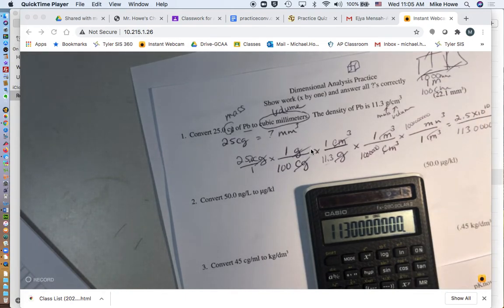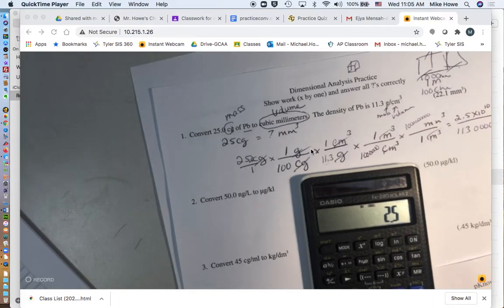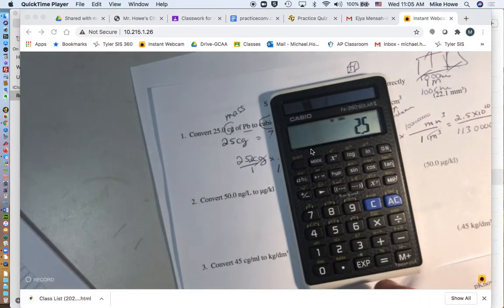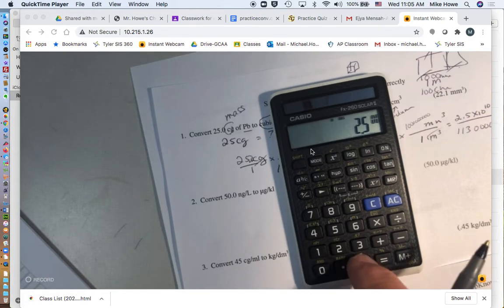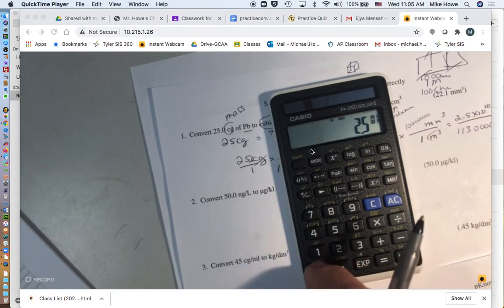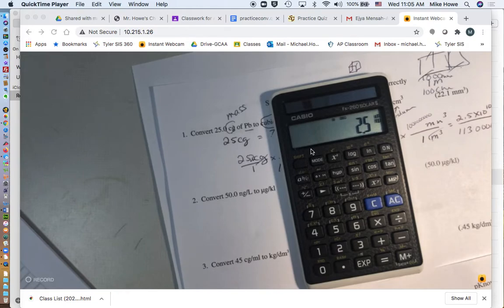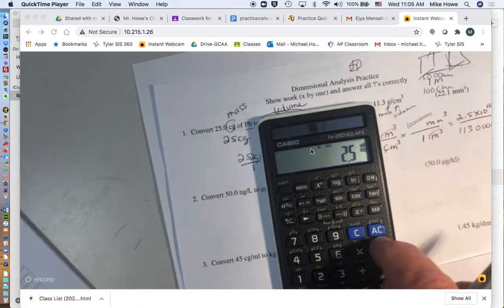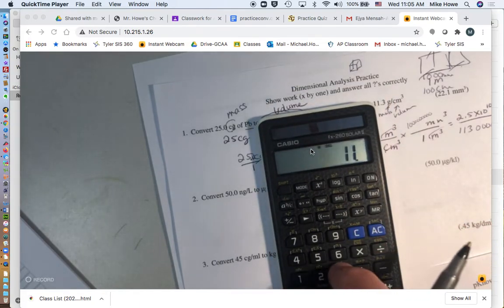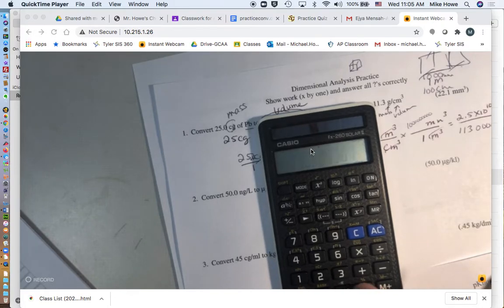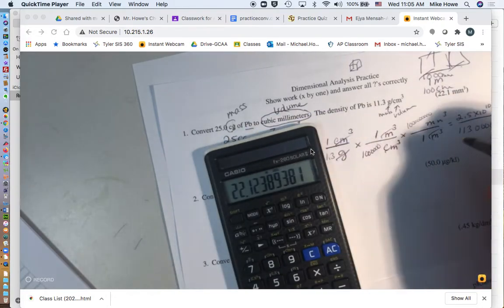So I have 2.5 times 10 to the 10th. On a calculator, to get times 10, you're going to use an EXP or an EE button. So this one has EXP. Notice that I did not enter times 10. Just 2.5, then EXP 10. Going to divide by 113 and then 7 zeros, I said. So final answer would be